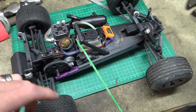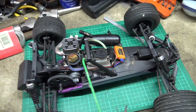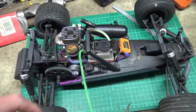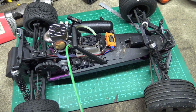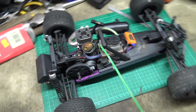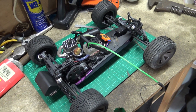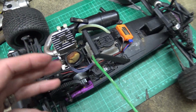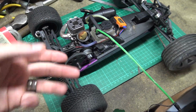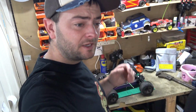So yeah, they're simple, but if you don't know what you're doing, they can be quite difficult sometimes. But as long as you've got those main things together, you'll get your engine running. And perseverance and patience is definitely the key. I will say, if you're starting to get a bit frustrated, if you've been at it for half an hour or so and your engine just doesn't want to start and you can't see why, one of the best things you can do is to just stop